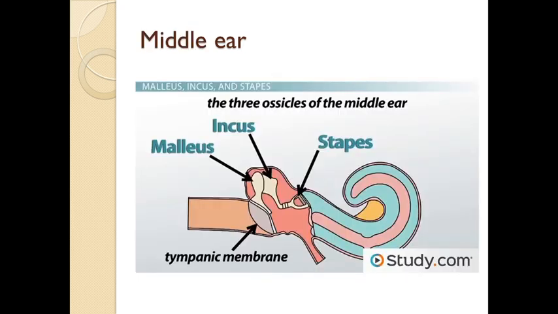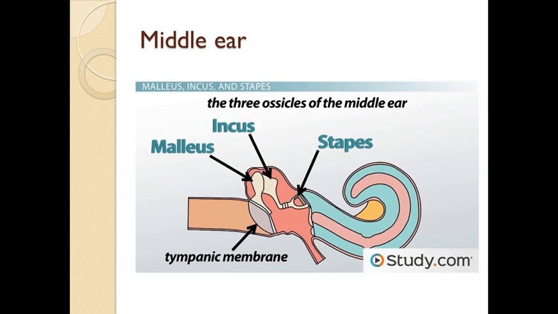Then the middle ear. The middle ear is also called the tympanic cavity, and it is found within the temporal bone. It is an air-filled cavity found within the temporal bone. It is not lined by the hairy skin, but it is lined by a simple epithelium. And when the medial wall is considered, that means the wall that is closer to the inner ear, that wall consists of two openings, namely the oval window and the round window.